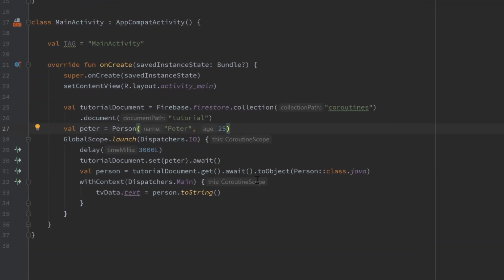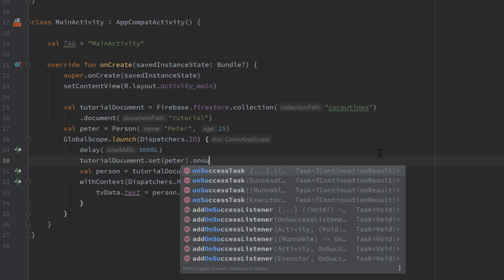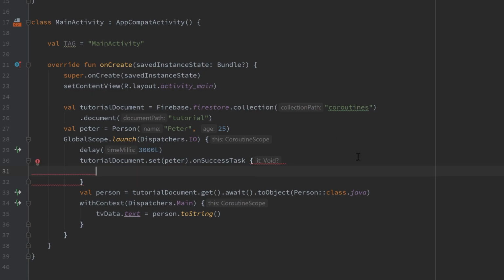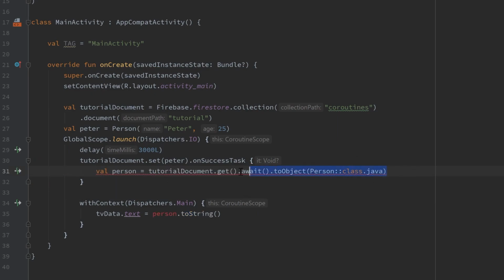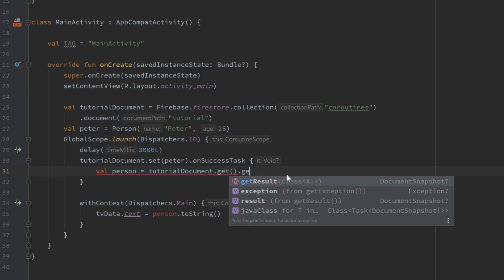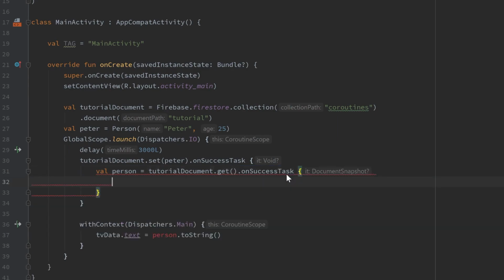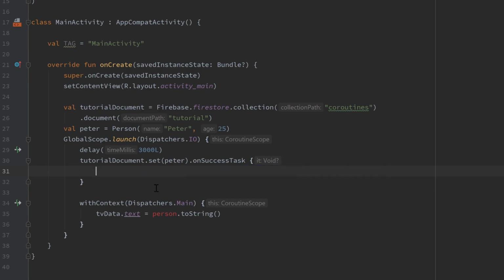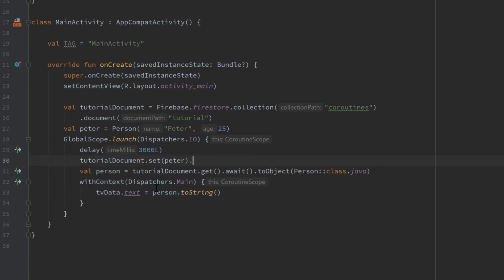And what we prevented right here is basically that we have an on success listener here, addOnSuccessListener. Let's choose this. And inside here, we get the person again without await, have an on success listener again. So that callback hell, you know what I mean. It's just something that you can very easily prevent with coroutines. And that's why they are so popular and cool right now. And also, as you know from the last video, coroutines are actually live